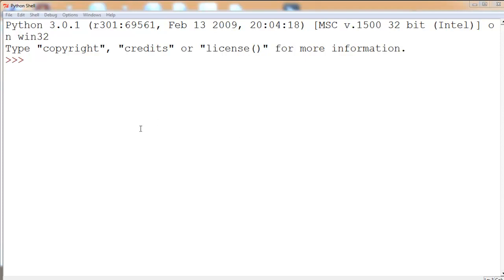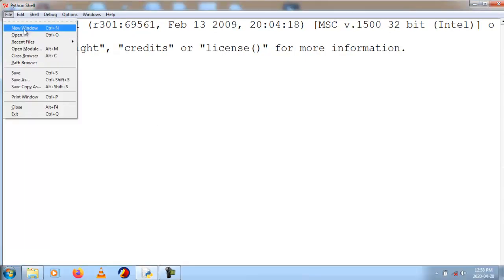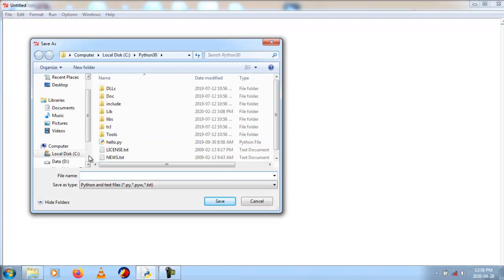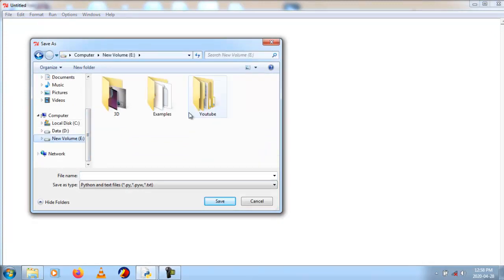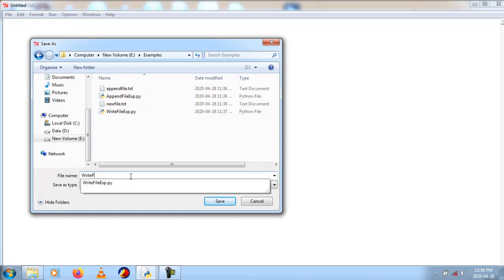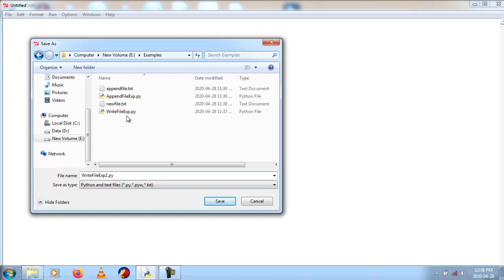First I will create a new file, then I am saving this file in the examples folder in the E drive. I will save the file as write file example2.py. So already I have a write file example file here.